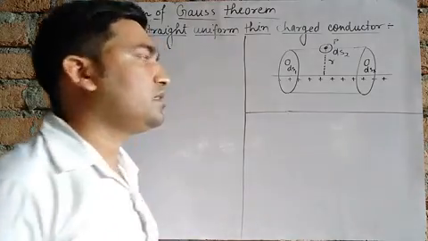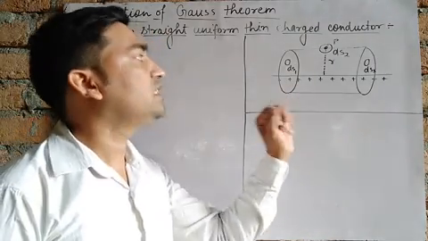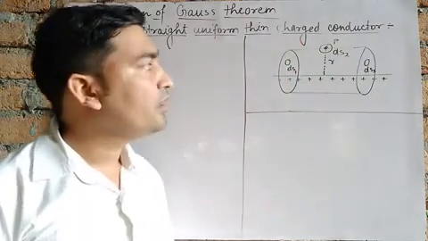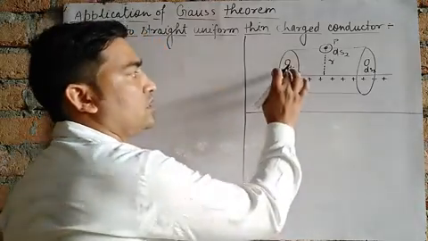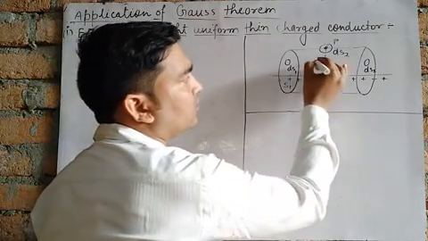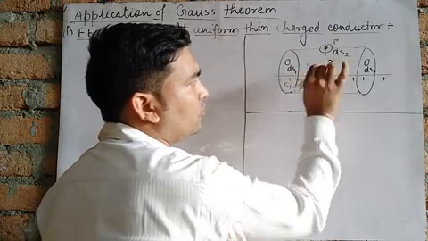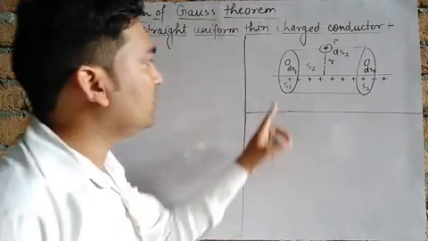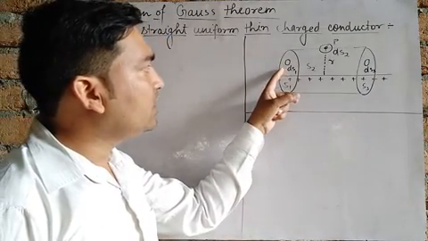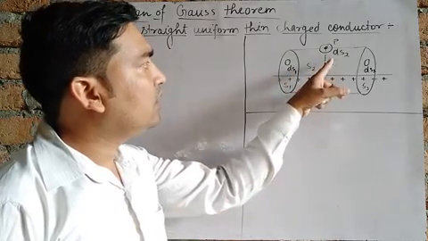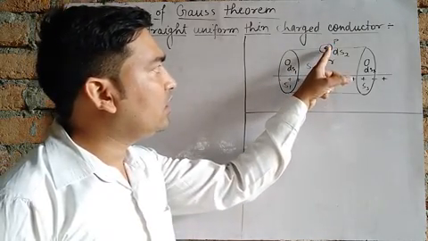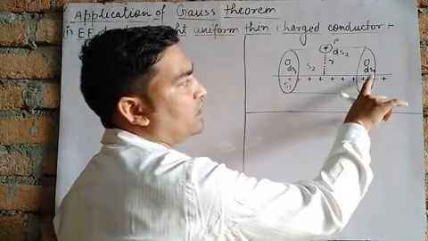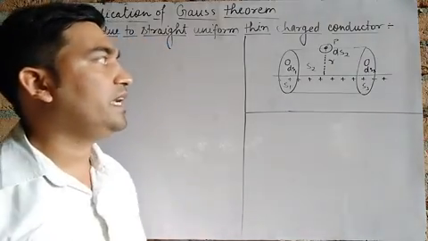Since a cylindrical shape contains three surfaces, one curved surface and two flat surfaces, there are three surfaces. This flat surface is called S1, this curved surface is called S2, and this flat surface is called S3. At S1 we consider a small surface ds1, at surface S2 we assume a small surface ds2, and at surface S3 we consider a small surface area ds3.